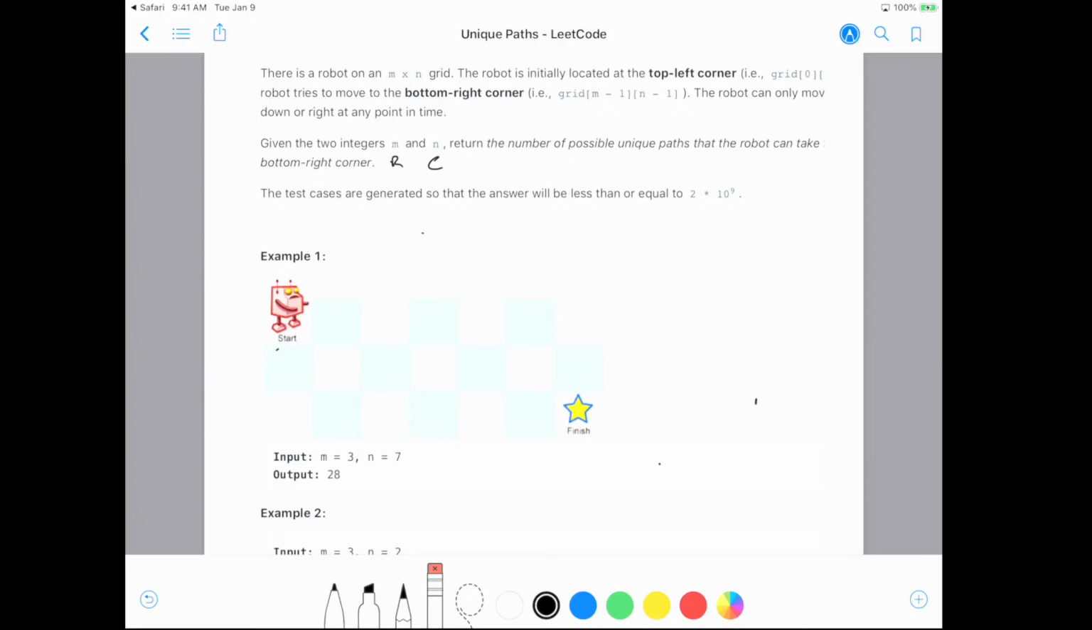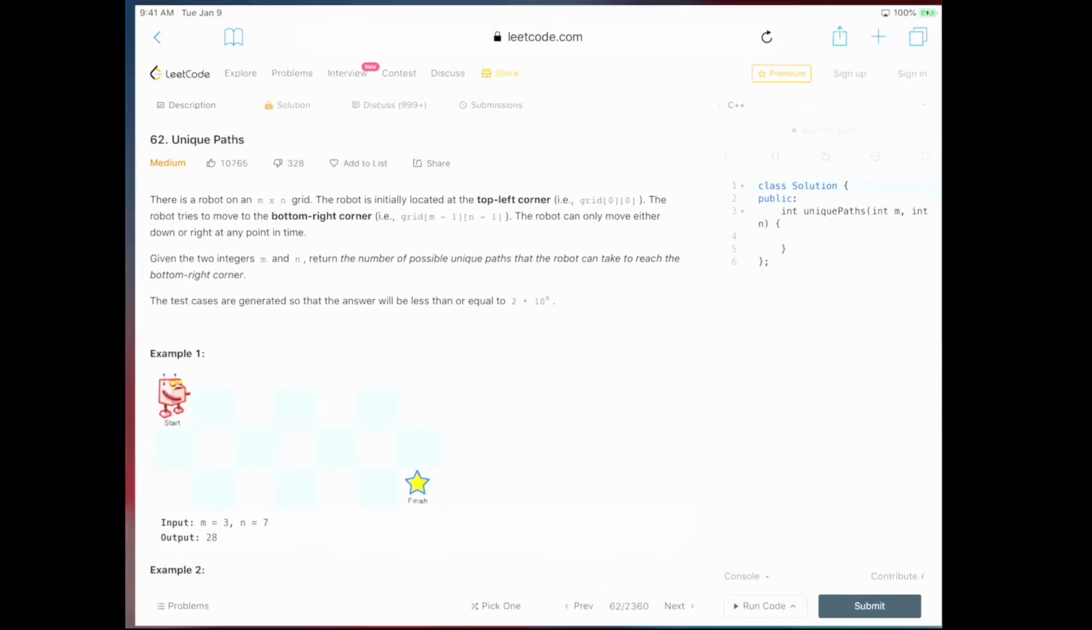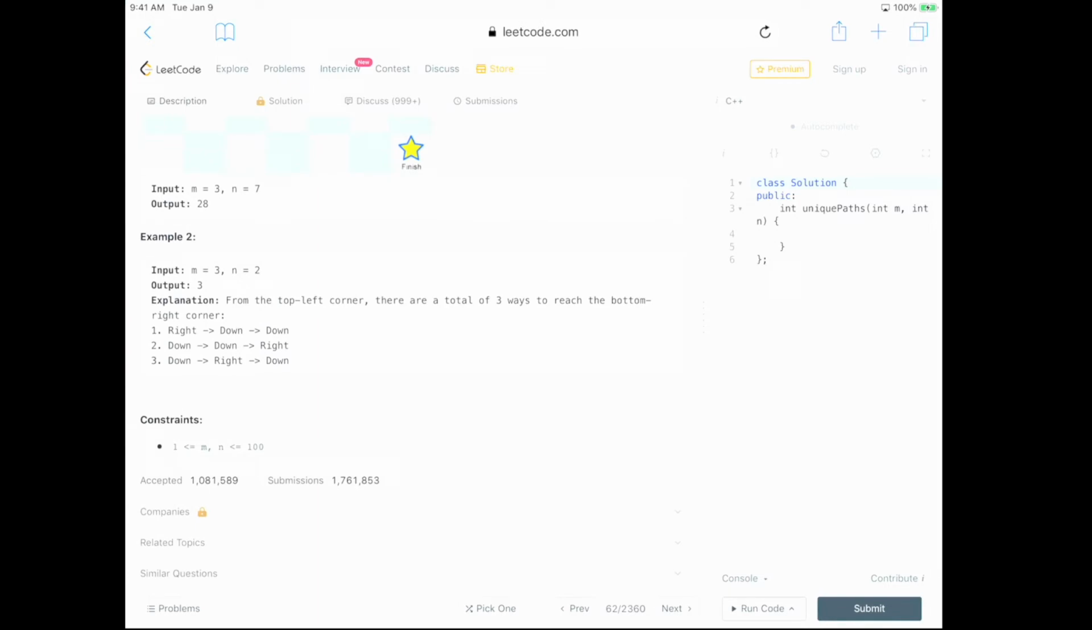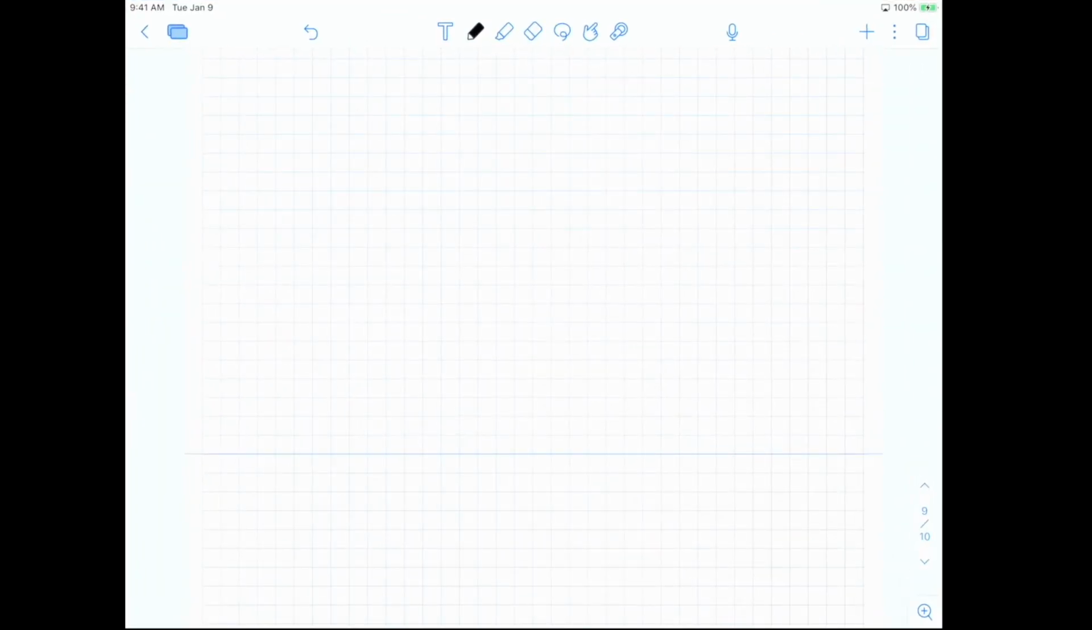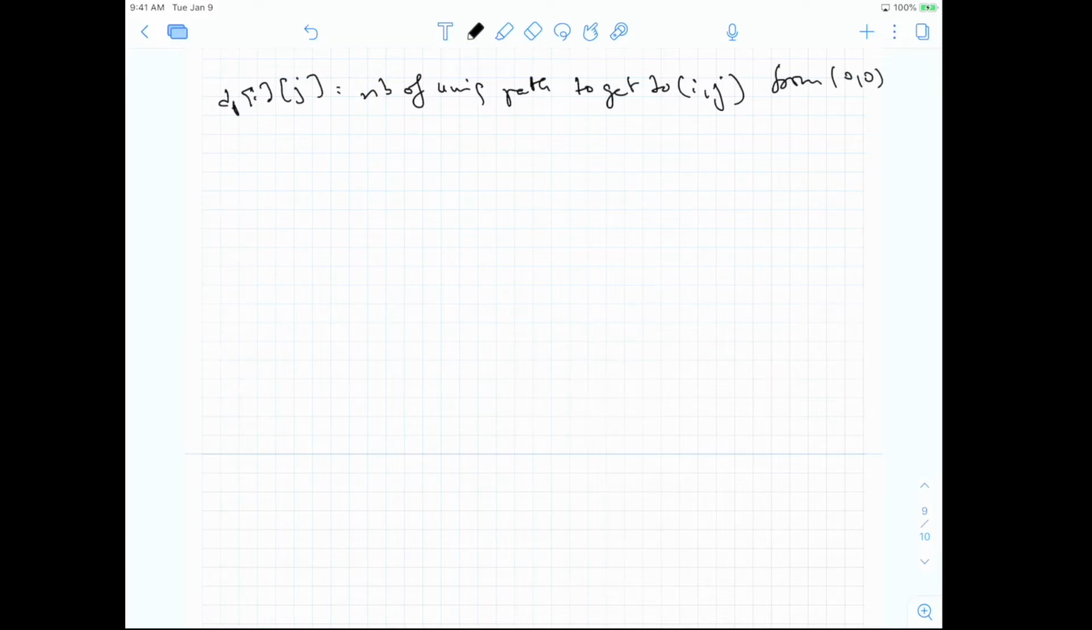Okay, so how can we solve it with dynamic programming? With dynamic programming, what would be our state? That's something we need to think about here. What's the state we are looking at? So for dp of ij, this is basically the number of unique paths to get to ij from 0, 0, right? What this would mean is that the goal that we are after is just the number of unique paths,